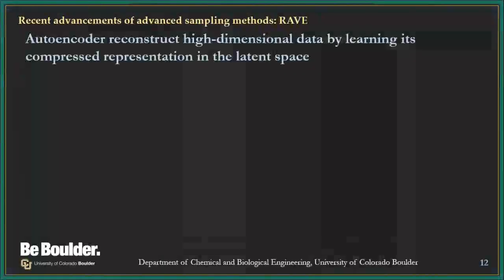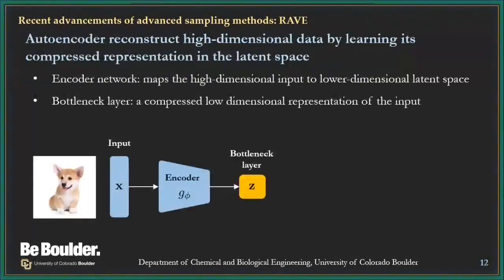So as I just mentioned, RAVE is an application of Variational Autoencoder, or VAE, which is one kind of variation of autoencoder. Therefore, to understand RAVE, we first have to understand what an autoencoder is. An autoencoder is a pretty popular tool to reconstruct a data set, such as an image or an audio. Typically, it is composed of an encoder and a decoder, which are both neural networks characterized by a sequence of linear transformations. As you can see in the figure, given high-dimensional inputs such as a high-resolution image, the encoder network is able to map the high-dimensional input to